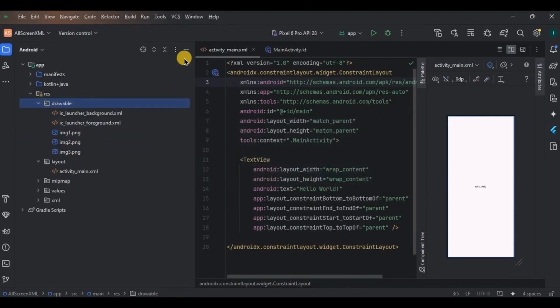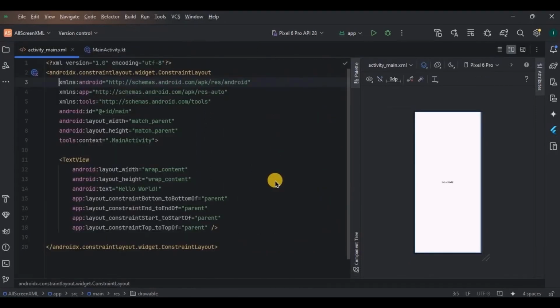See, the layout could be anything. List view, recycler view, or maybe text view, anything. I choose image view as an example because it makes the concept easy to understand. So let me quickly create it.